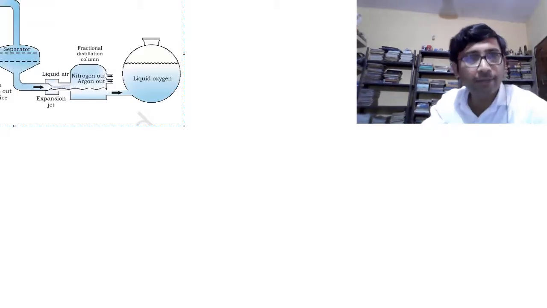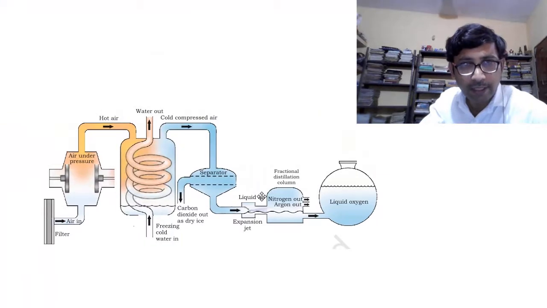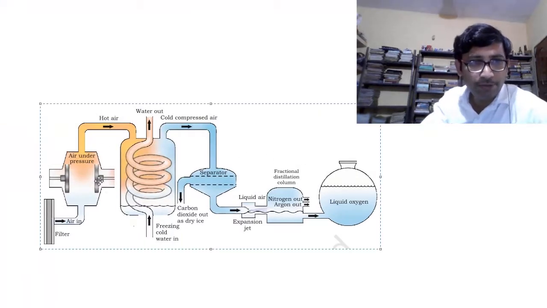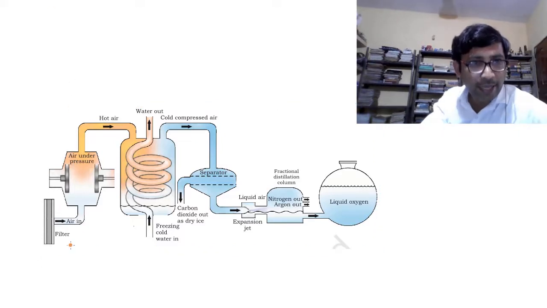And for this, we are going to take the help of a diagram that is there in your book. This is the diagram, and we are going to try and understand what this diagram is all about. So air, the components of which have to be separated, is passed through a filter so that all the impurities are held back over here. So this is the filter through which the air is passed, and then this air is brought into this chamber,